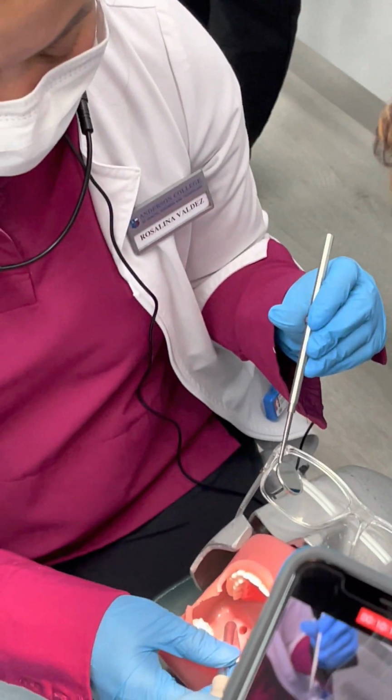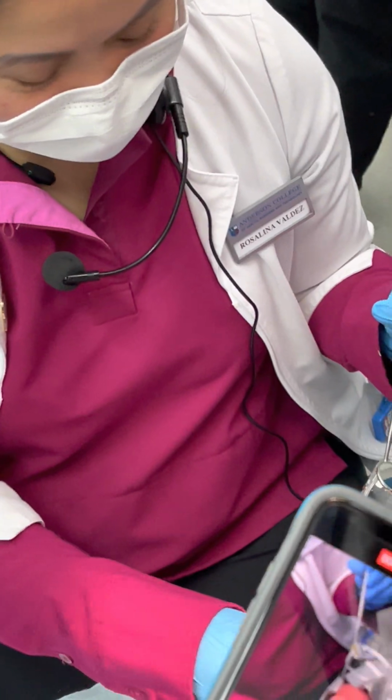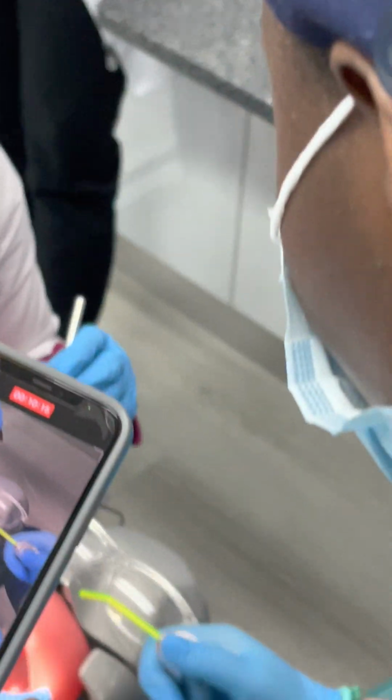Do not suction the uvula. You're only gonna suction that side there. Make sure you're not suctioning the